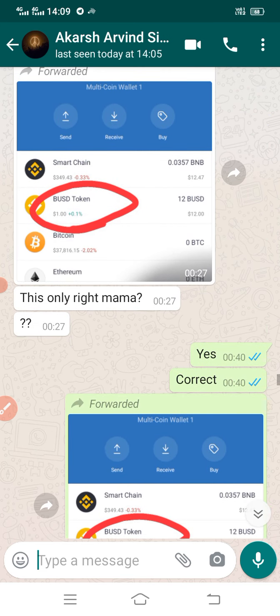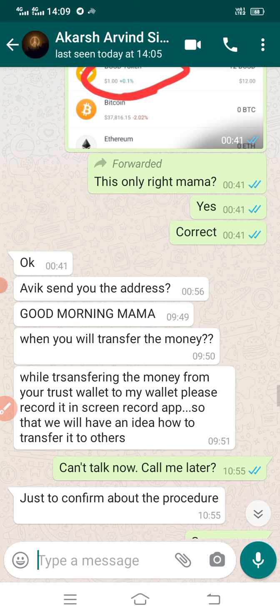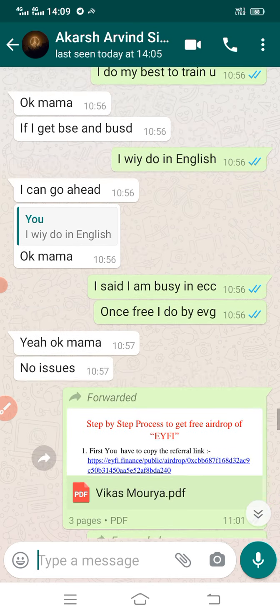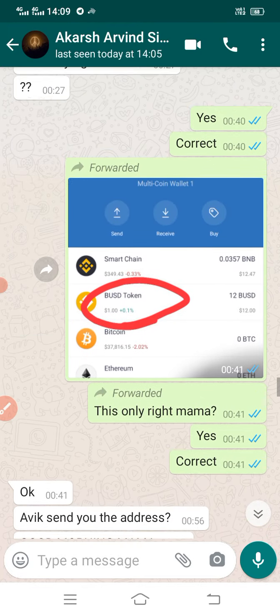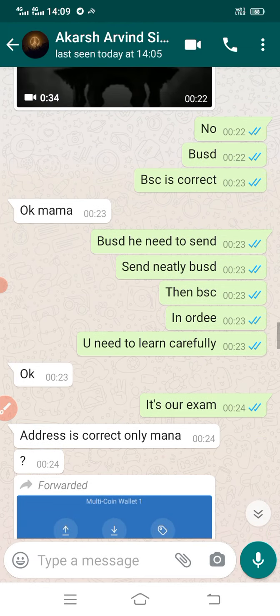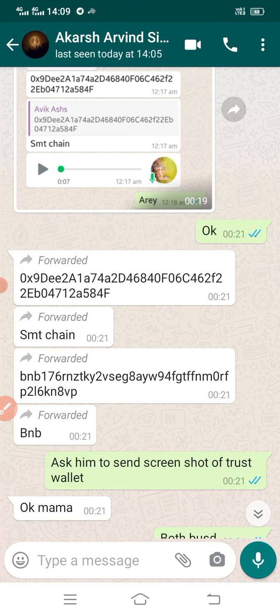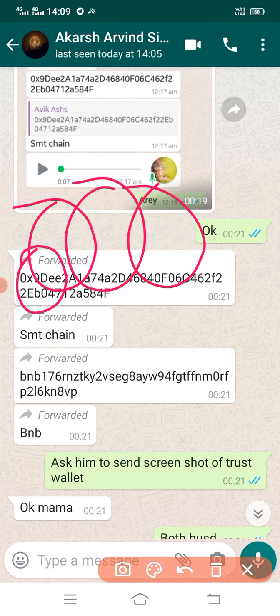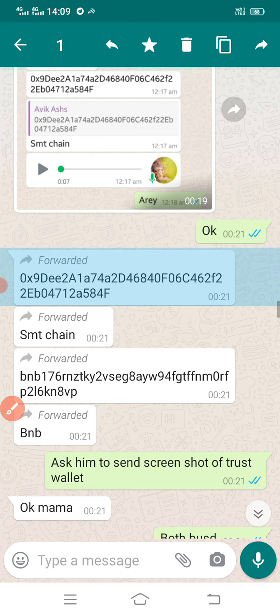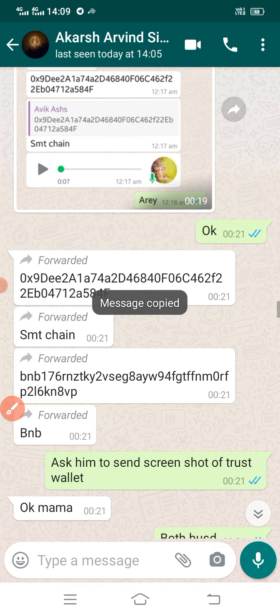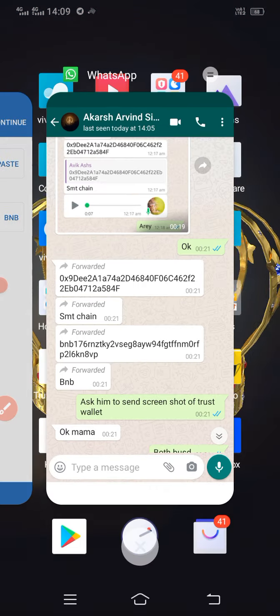I'm checking for that address. Okay. I'll copy this address, which always starts with 0x. So I'm copying this address. Okay, I copied this. I'm going back to my trust wallet.